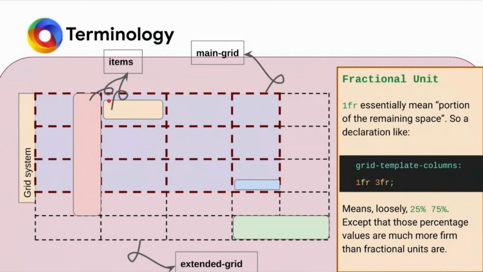All the items are arranged inside the grid, what we call grid items. One part of the grid will hold an item, and you can extend it accordingly. Here you can see this particular item has four different rows, and this one has two different columns, and like that you can arrange accordingly. Okay, so that is basically the grid system.